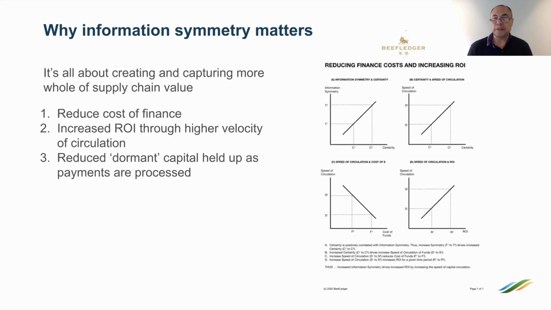We can also speed up the processes by which money flows, which delivers high return on investment. So for every dollar that gets invested in a supply chain system, over the period of, say, a year, if we can turn that dollar over 3 or 4 times, we're making that dollar work a hell of a lot harder. And by doing that, we're also reducing the amount of what we call dormant capital, which often gets held up in cross-border payment systems, to a point where you can have significant amounts of capital held up for anywhere between 4 to 10 days before it transacts from one part of the world to the other.